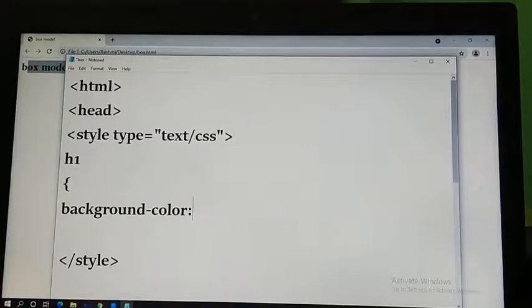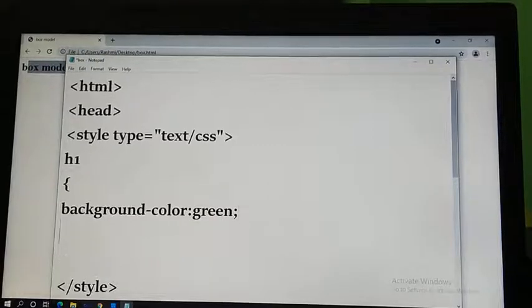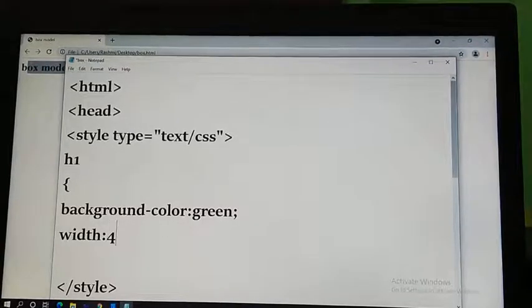I'm using green color, green, semicolon. Again I'm using width. Remember, if you have any spelling mistake then your code will not run. The width I'm using here is 400 pixels, as I explained in the classroom.